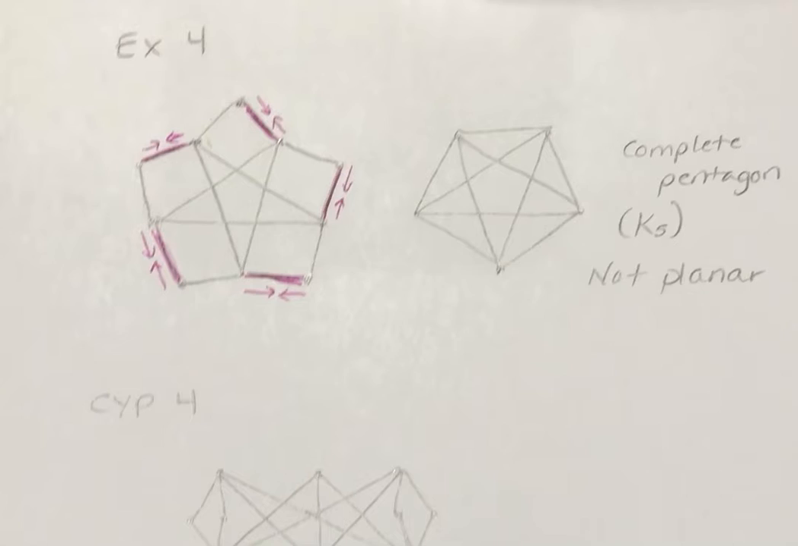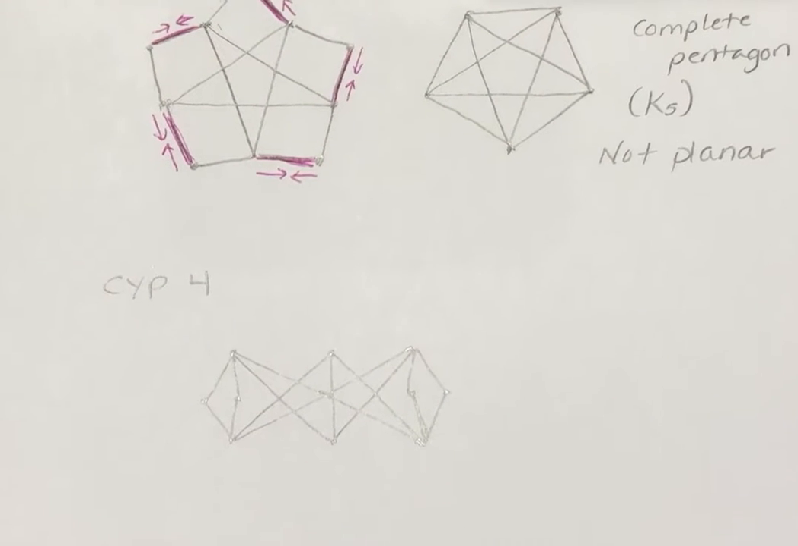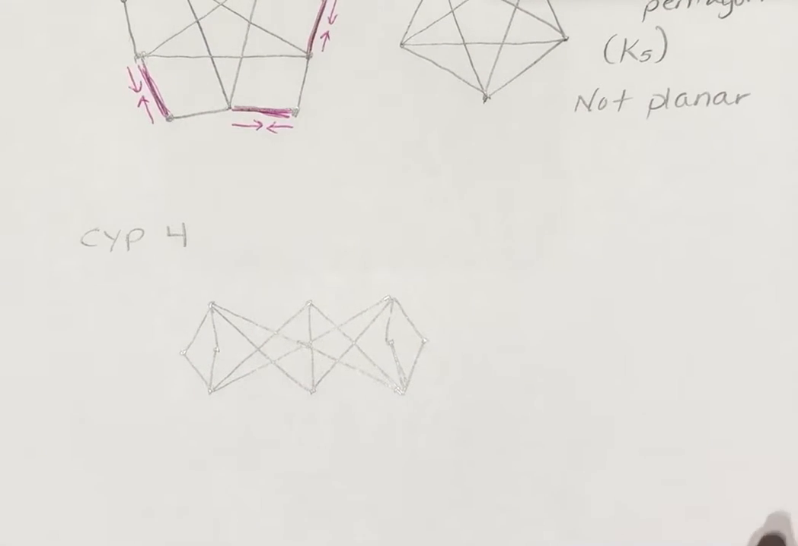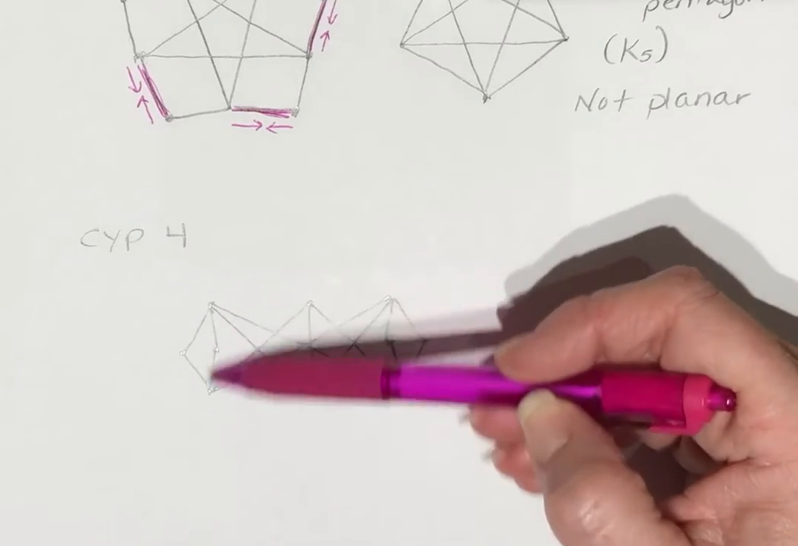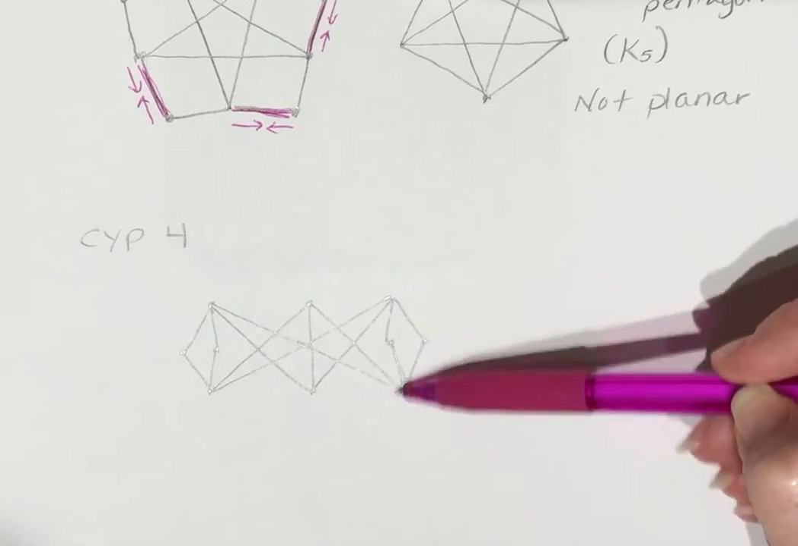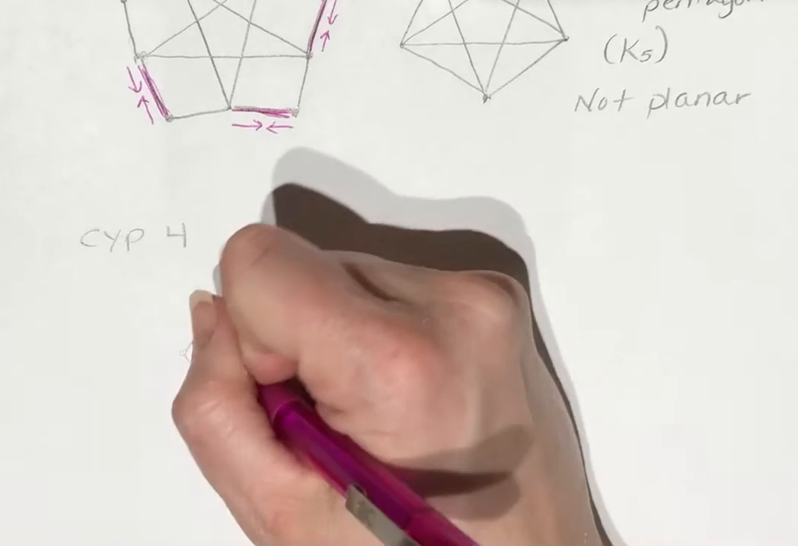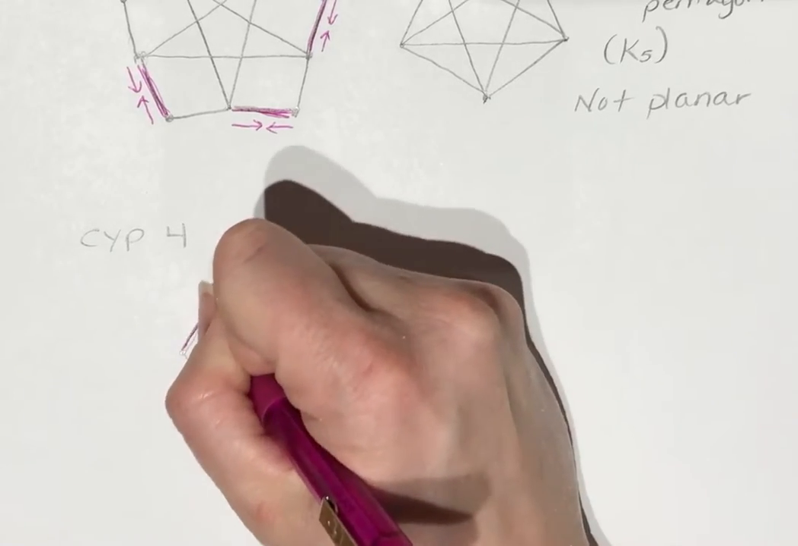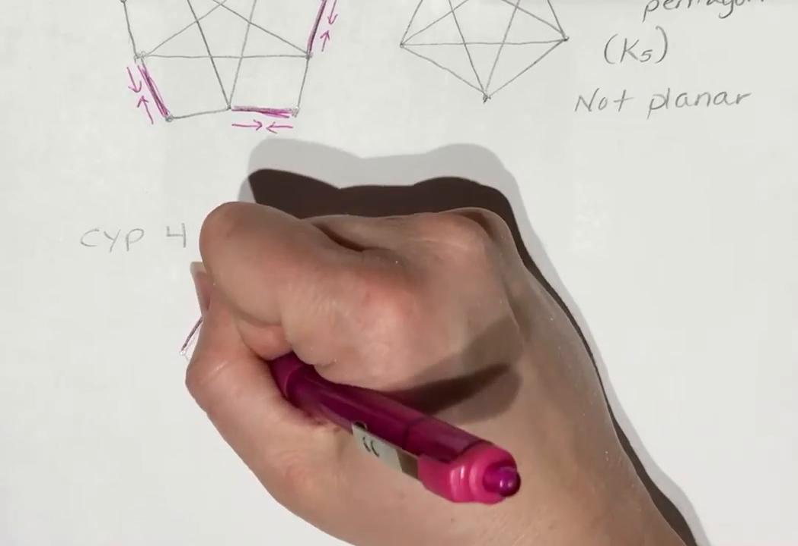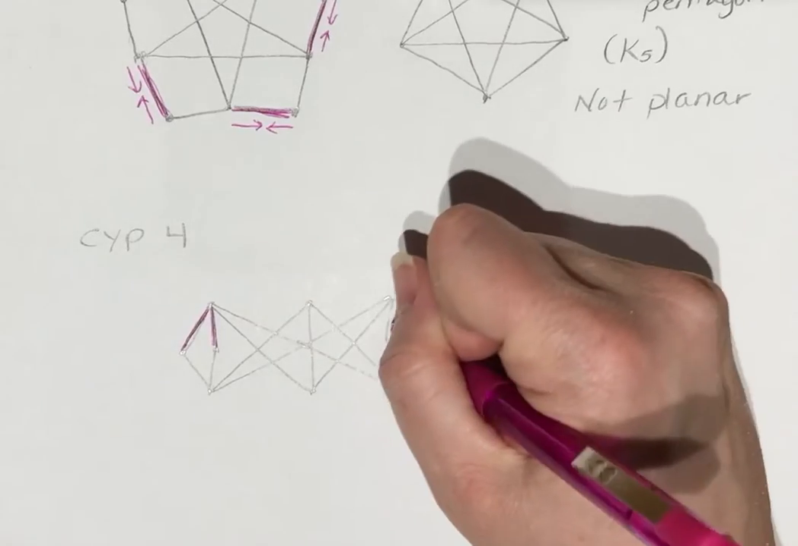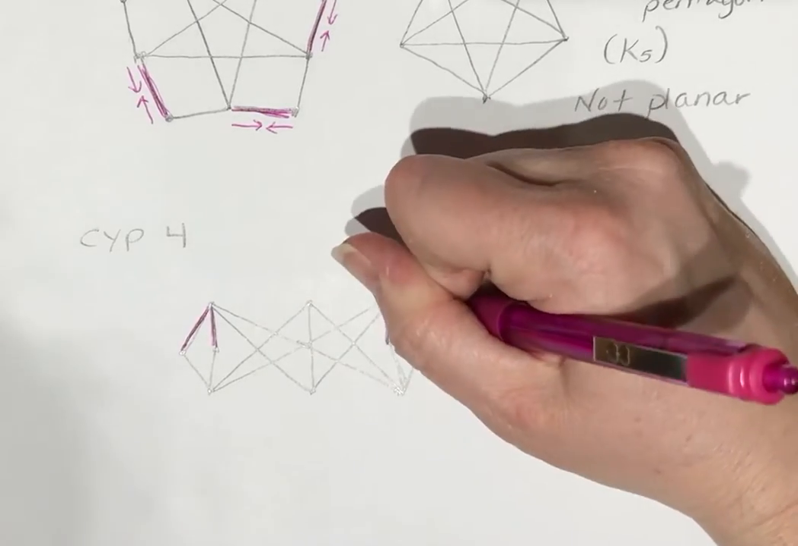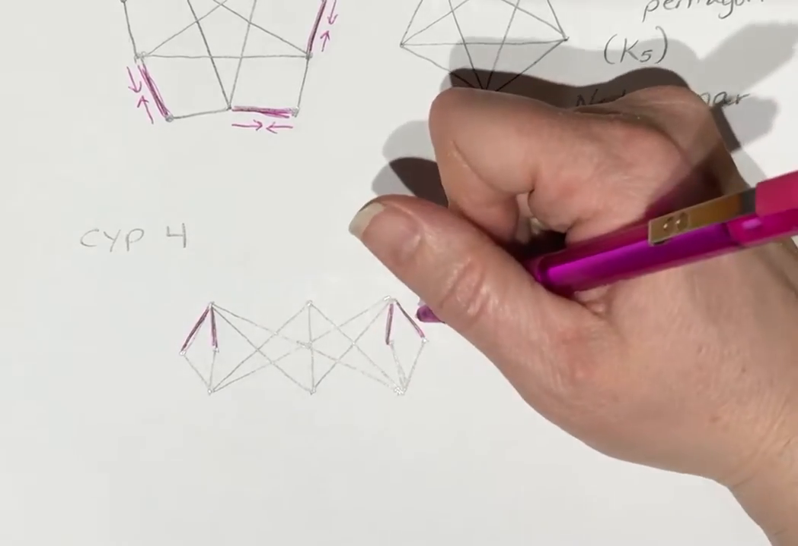All right, so for check your progress 4, right away I see the resemblance of a utility graph. But what we're missing is this has to be one line and this has to be one line. So if I contract those two, and I contract those two, I contract those two, and I contract those two,